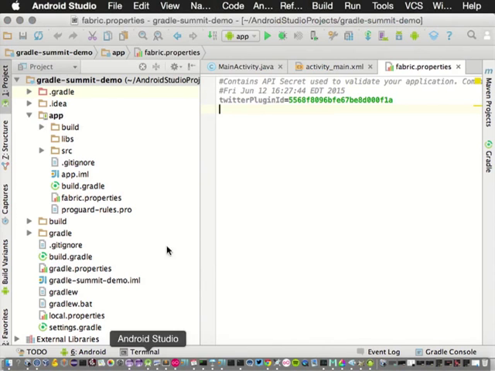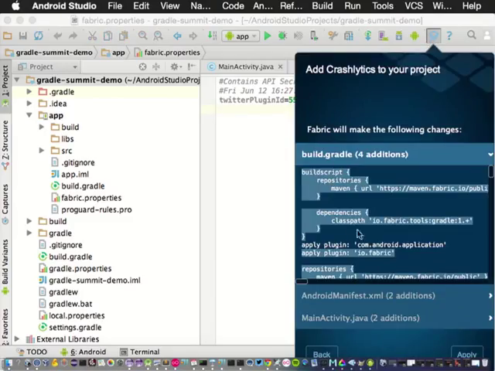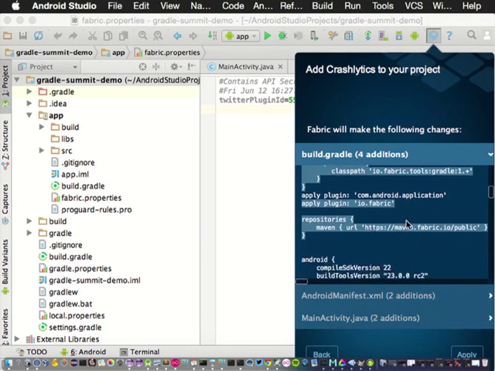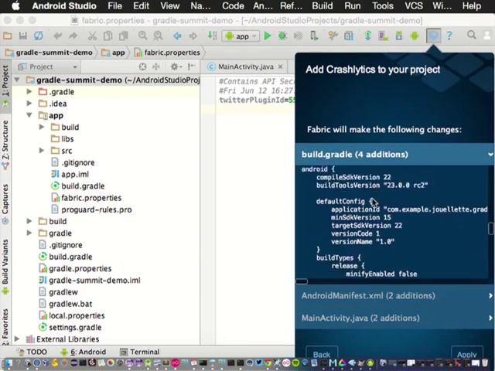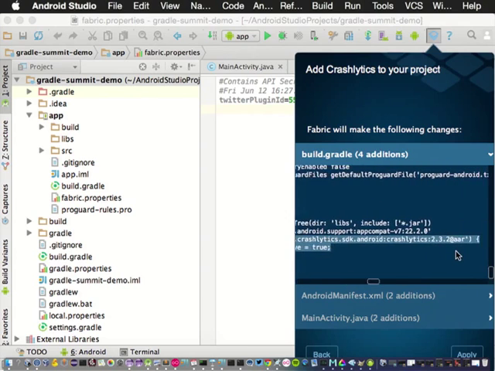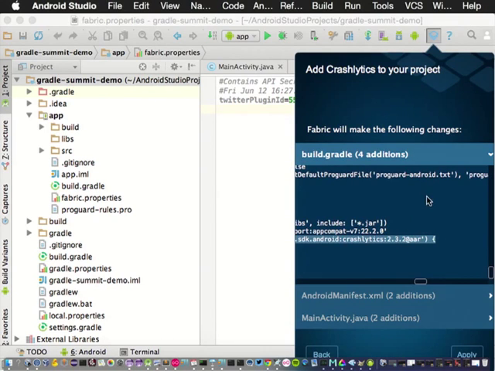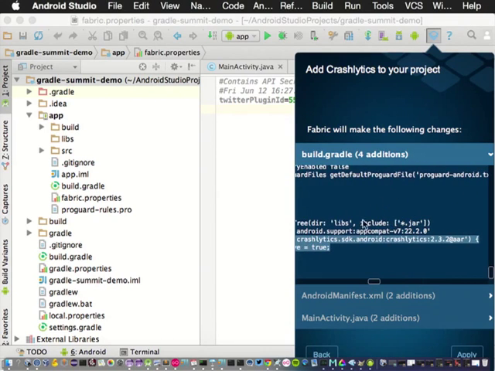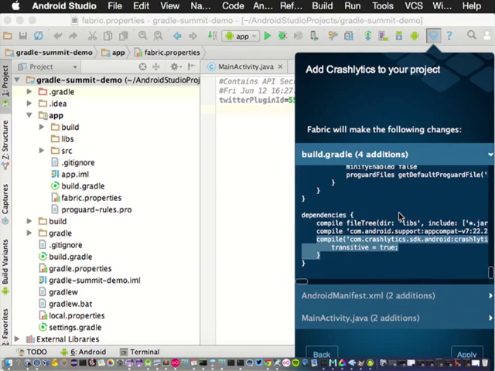So I just showed you how we onboard with Fabric on Eclipse. This is me doing the same thing, but we actually parse your Gradle build as best we can, and this is super heuristic. We're just looking for closure blocks and hoping that we're inserting code in the right place, but it ends up being super accurate and very effective. It turns out most developers have a very typical pattern, and when they don't, we throw an error, and the error is very friendly and says, hey, you have to do this manually. So we are able to inject into your Gradle build, even though this is Groovy code running inside of build.gradle,